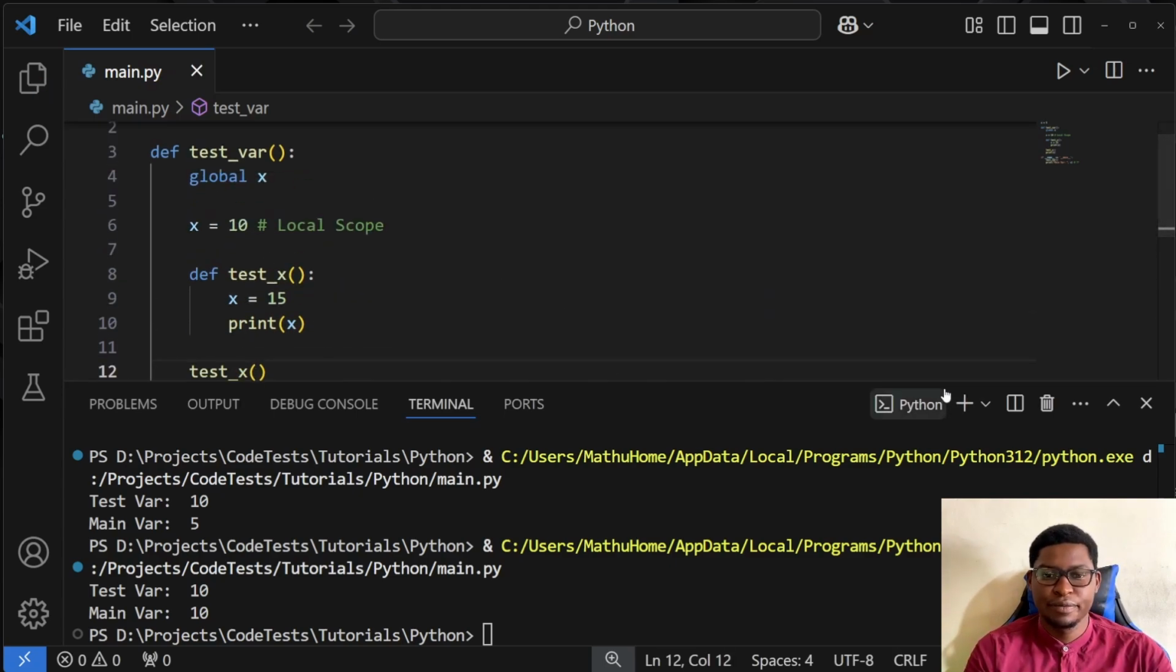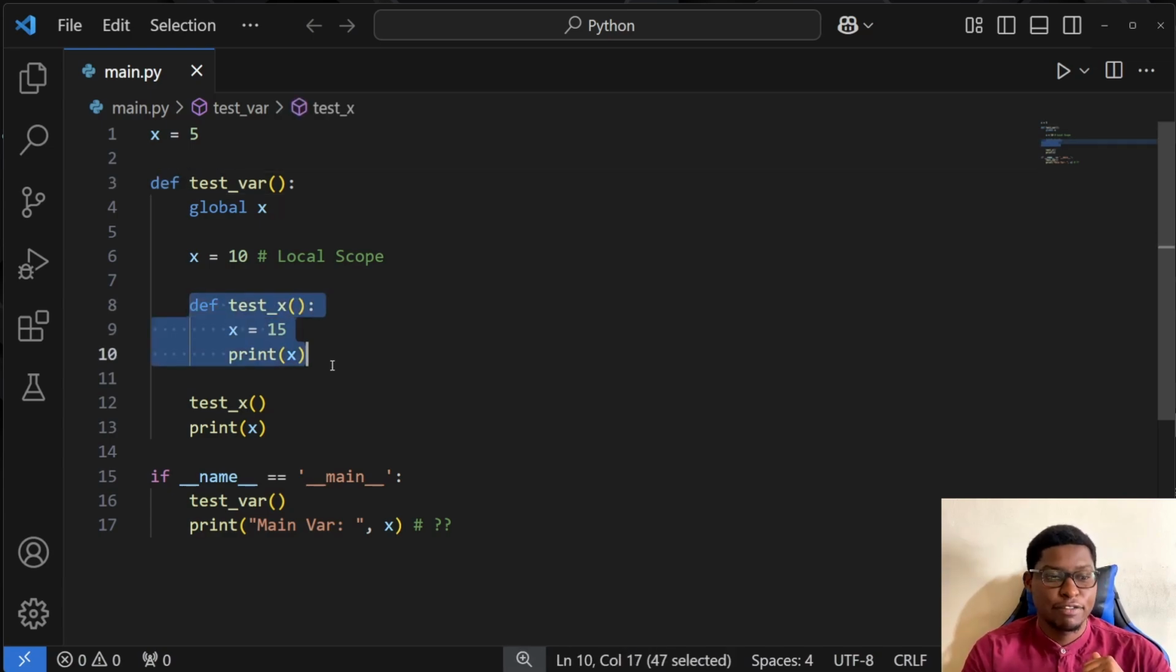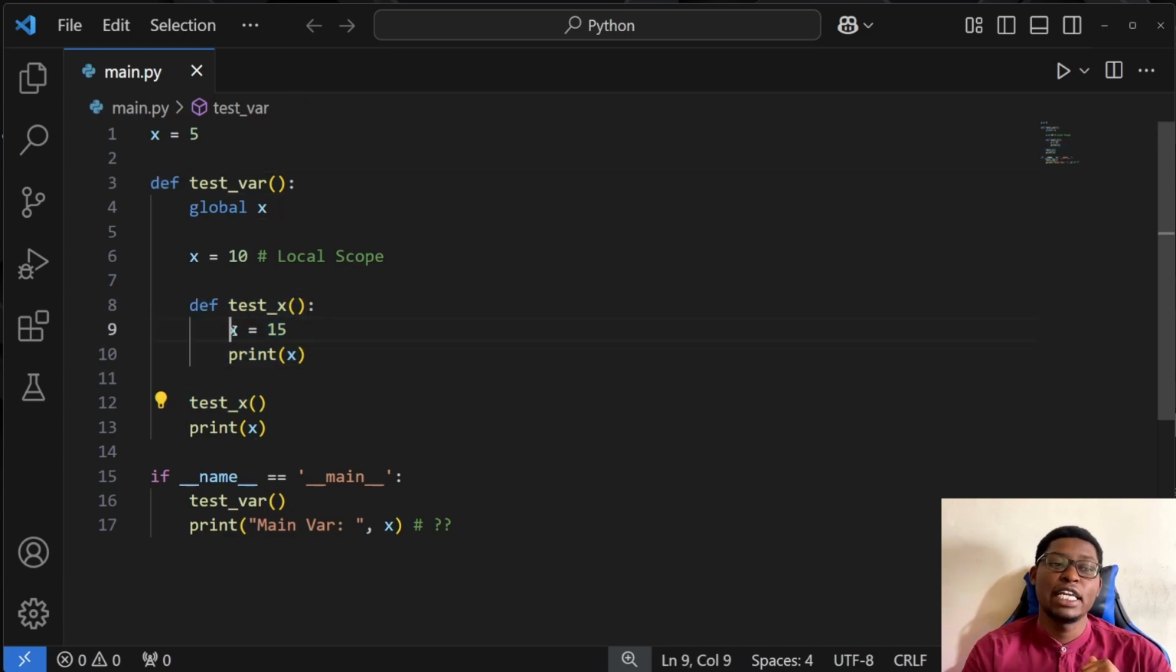So I hope you can see this clearly. If you look at this, we've created another variable within another function within this function, and we are calling it within test var. So we are changing the value of X to 15 in this case. So if I run this,